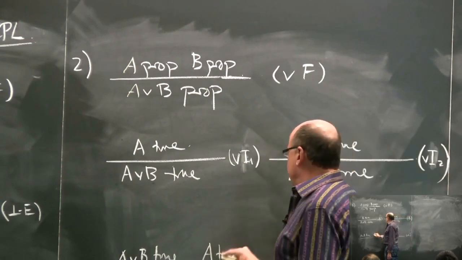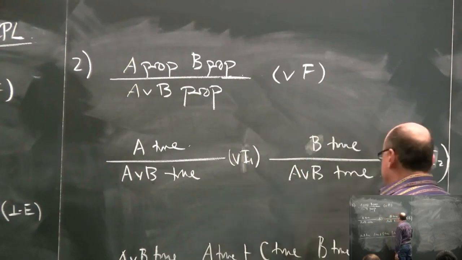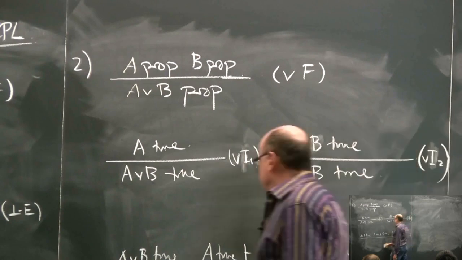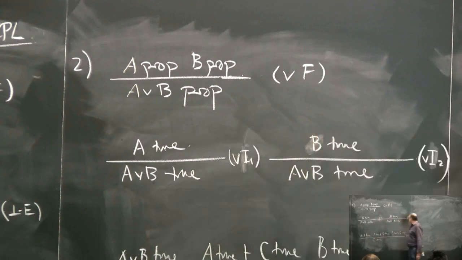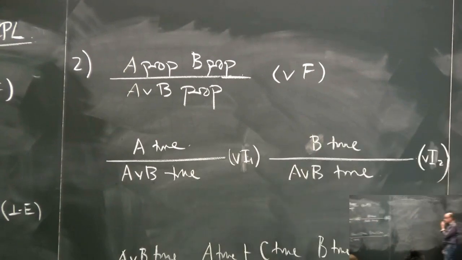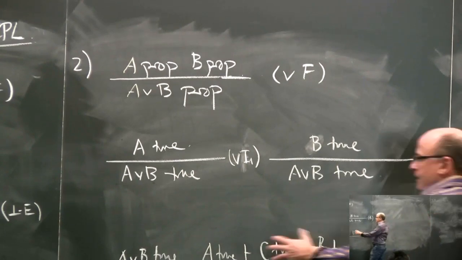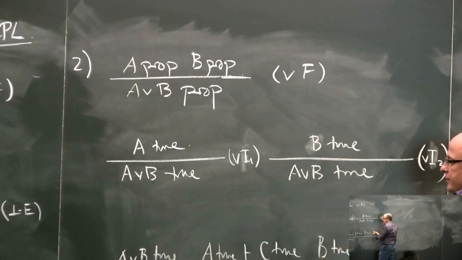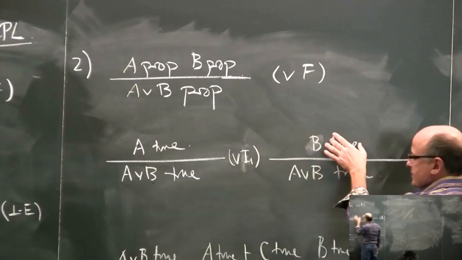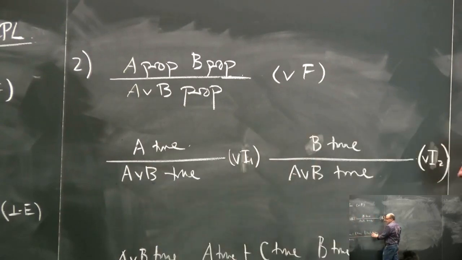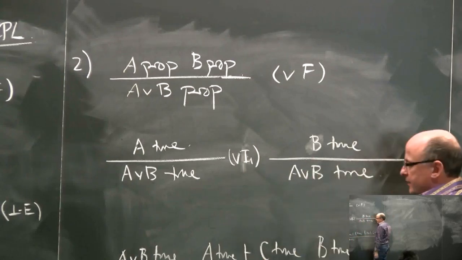So we say if C follows from A, and if C follows from B, then C holds outright. That can be written like that. And that's called the OR elimination rule. And so the intuition, as I've mentioned, is I'm extracting the information out that I put into it. The information that went into this was one or the other of these. I can cover my bases in either case, so therefore C has to be true regardless. That's what is happening here.